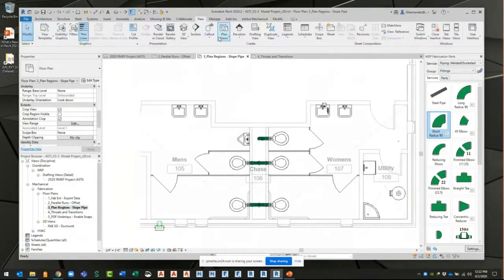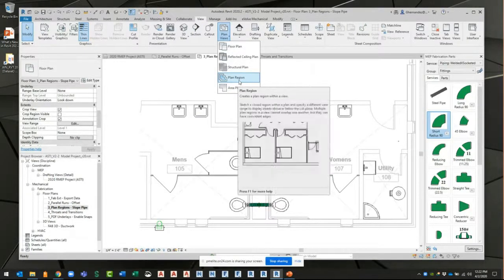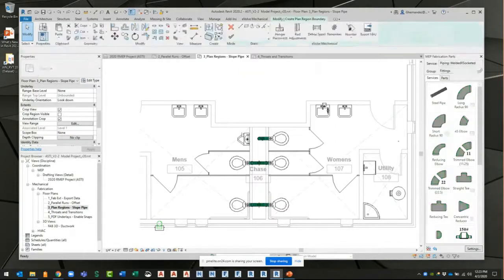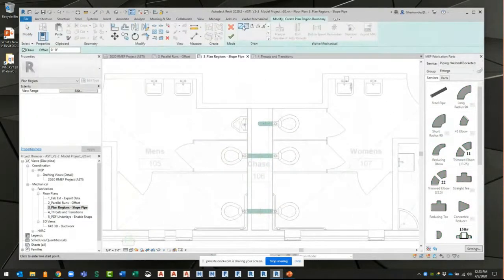On the View tab here under Plan Views, this thing right here called the Plan Region. A plan region allows you to create a window or a box or a shape like this here, so that you can separate out and have two different view ranges. So what I would do with the plan region here is use my shapes. I can draw in multiple shapes here. I'm going to use the rectangle to grab this chase, and I would fill in the chase with the plan region. And in that plan region, or just in that chase, in my properties over here, I would set the